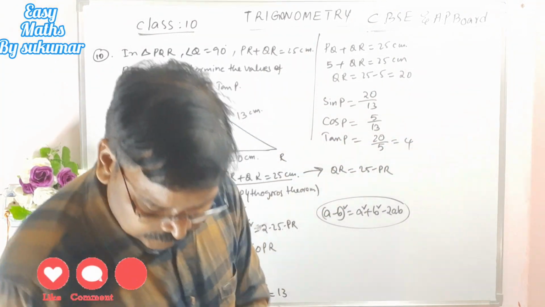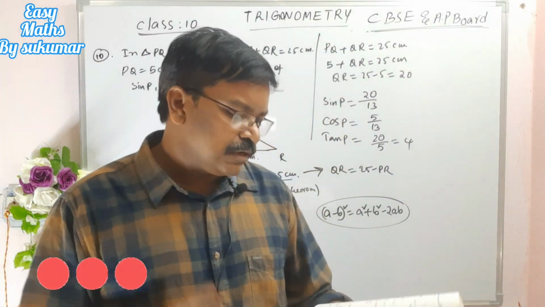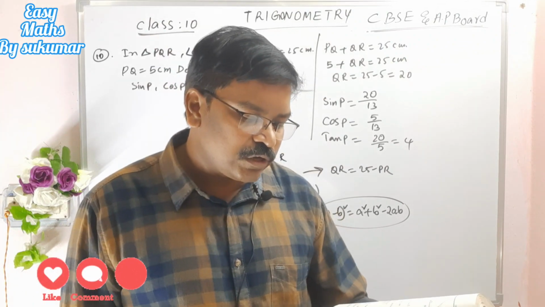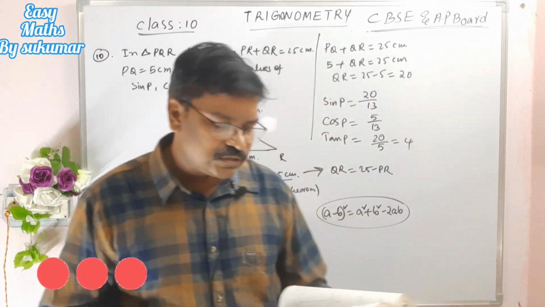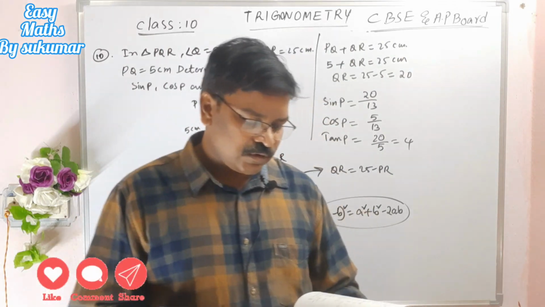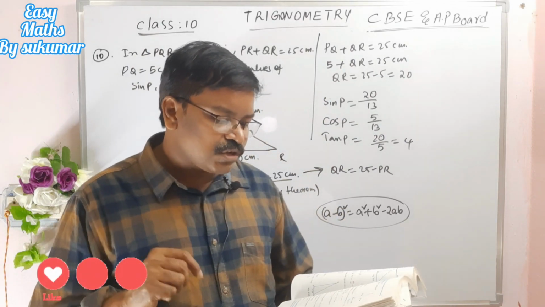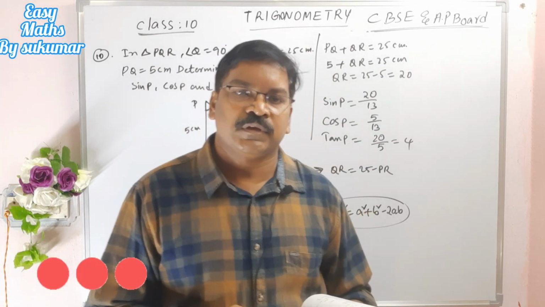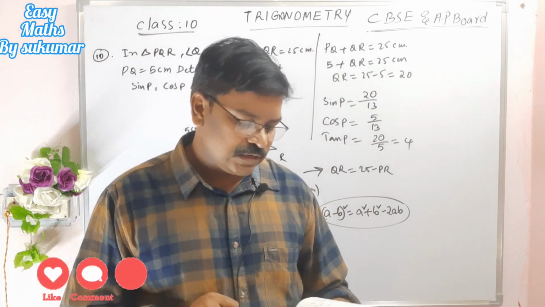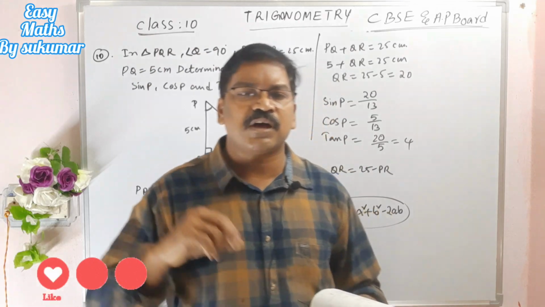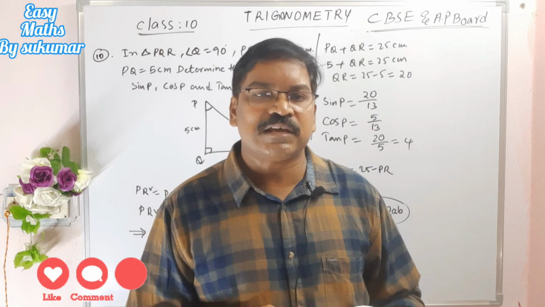See, my dear students, here there is another sum, actually the 11th sum. State whether the following are true or false, justify your answer. So here the first question is, please look at your textbook for the 11th question. True or false? The value of tan A is always less than 1. Is it a true statement? See, my dear students, tan A means opposite side by adjacent side. It is not always less than 1.